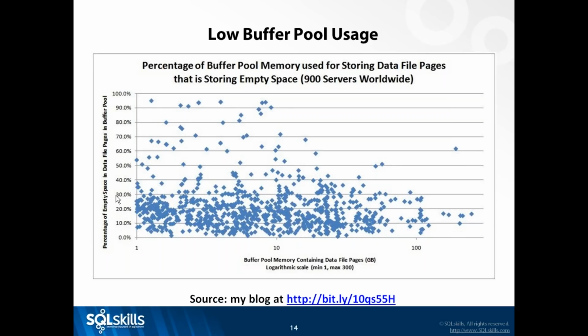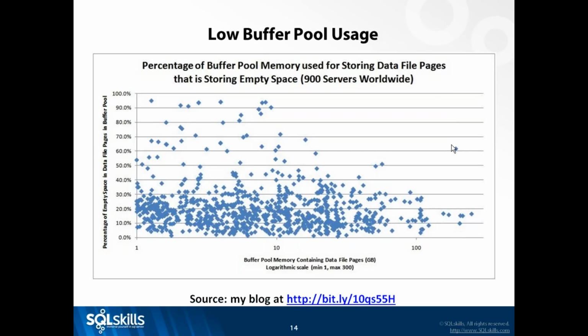Now, I would draw a line at 30% and say basically anything below there on average for a person's buffer pool, probably fine, based on their use of index fill factors that we'll talk about a bit later on. But here's some outliers. So this is a logarithmic scale of the amount of memory in use storing pages. So this is maybe 200 gig, 256 gig, something like that. So this is 256 gig of space being used up, but 62% of it is empty space. Now that's not a very good use of that memory because it's storing a bunch of empty space.